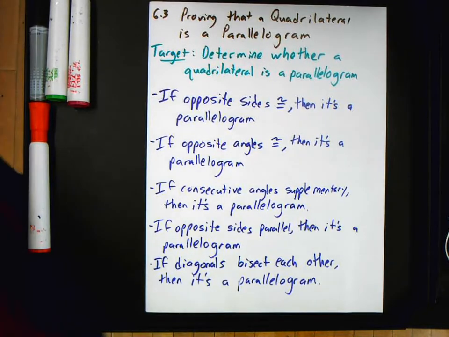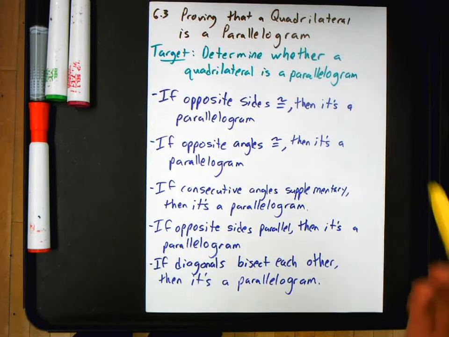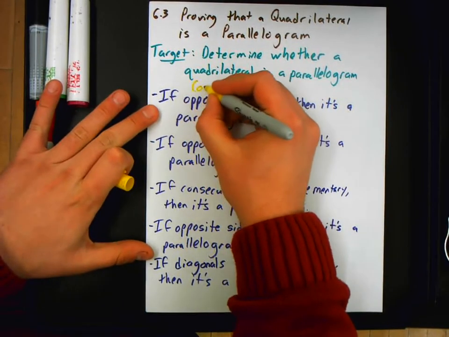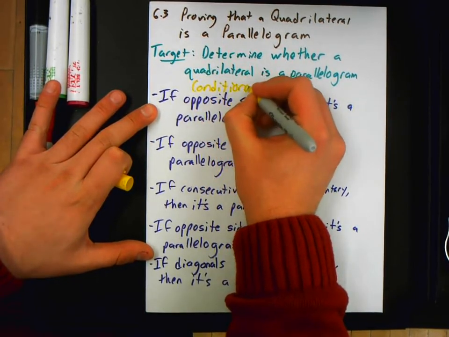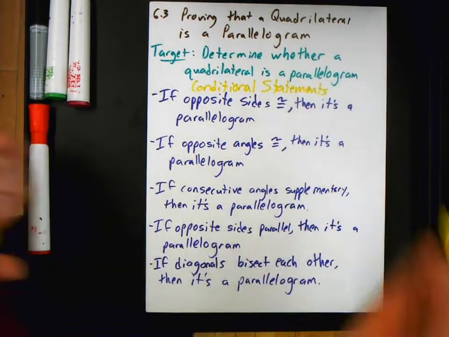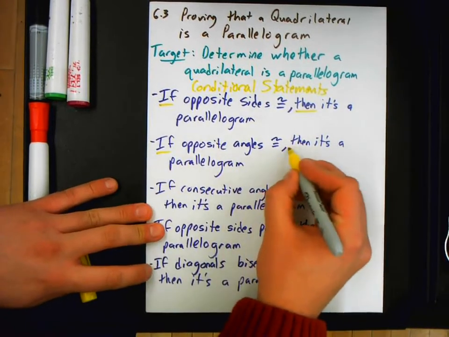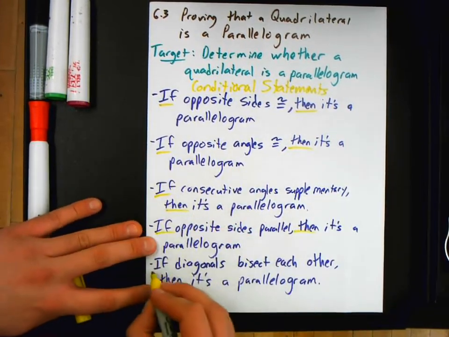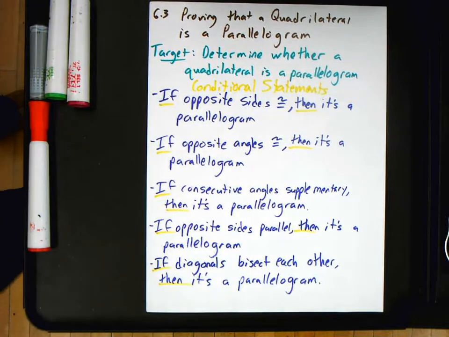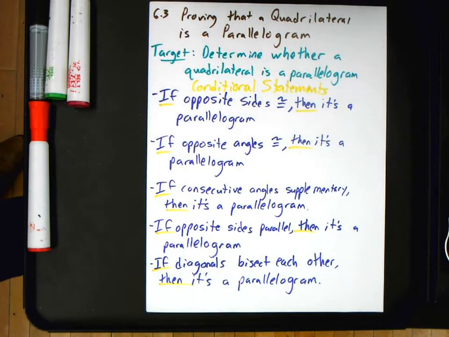So the theorems that I had listed on 6.2 are basically the exact same thing as these five that I've listed here. However, now all of them are in conditional statements, or they're in if-then statements, so all of these have an if and a then. So your hypothesis and conclusion for all of these theorems are: if the opposite sides are congruent, then it is